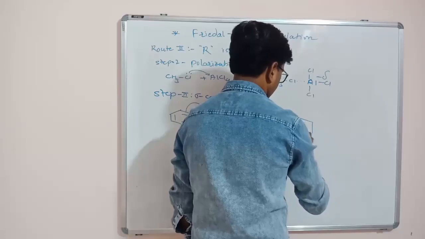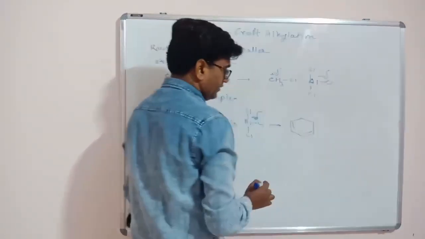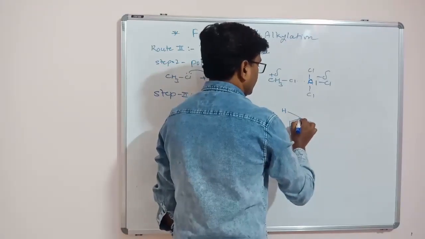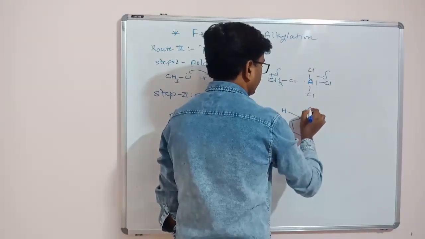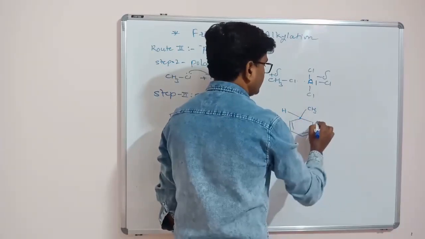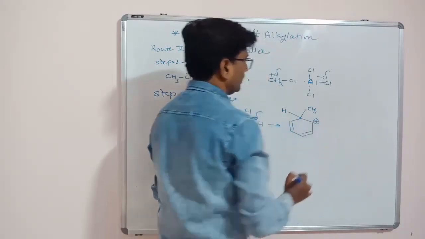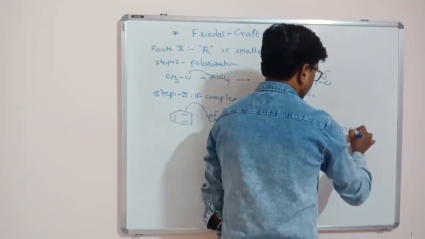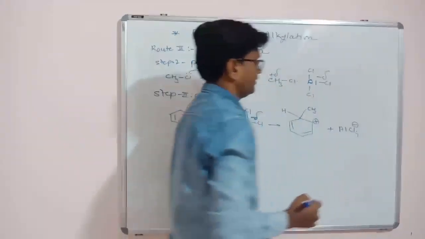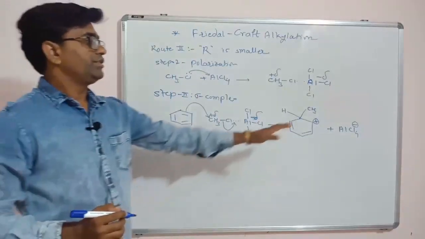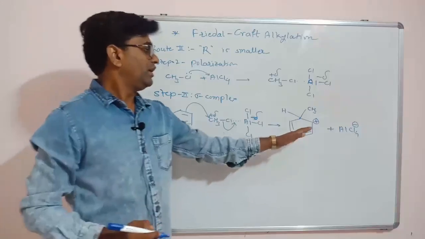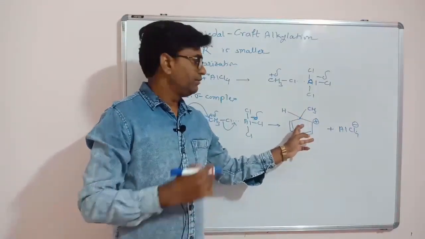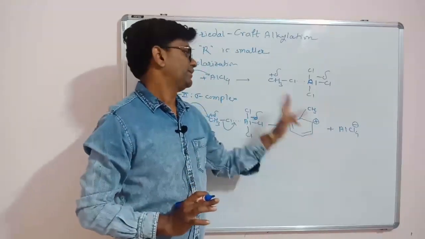So these two pi bonds as it is, this hydrogen of the benzene ring as it is. One of the carbon forms a sigma bond with the alkyl group. Second carbon will be electron deficient, and our byproduct is AlCl4 minus. That is a conjugate base. So again we will get this sigma complex. As we know, this sigma complex is non-aromatic but stabilized by the resonance effect.